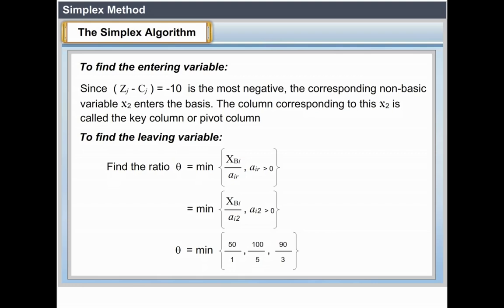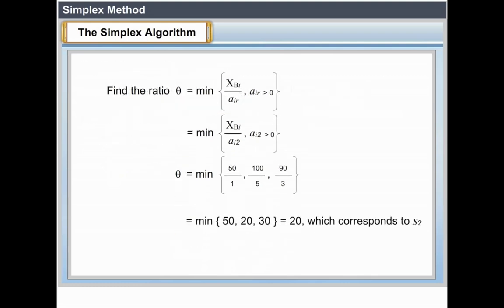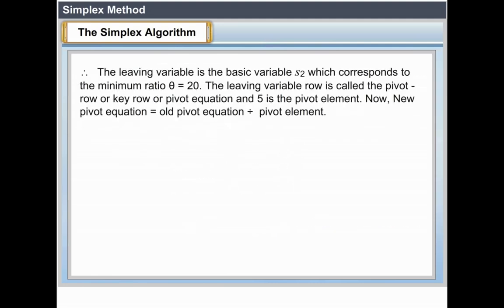Theta equals minimum of 50 divided by 1, 100 by 5, 90 by 3, which equals minimum of 50, 20, 30, equal to 20. Therefore, the leaving variable is the basic variable S2, which corresponds to the minimum ratio theta equal to 20. The leaving variable row is called the pivot row or key row or pivot equation, and 5 is the pivot